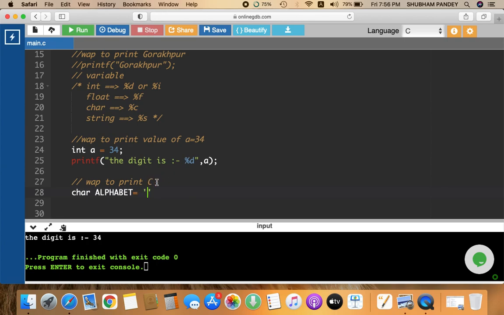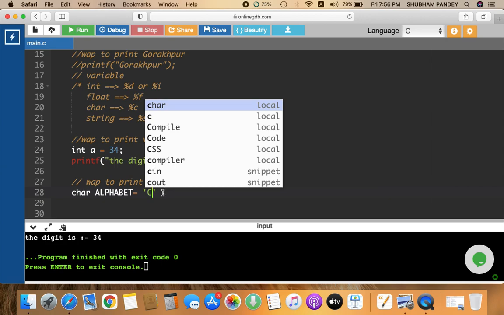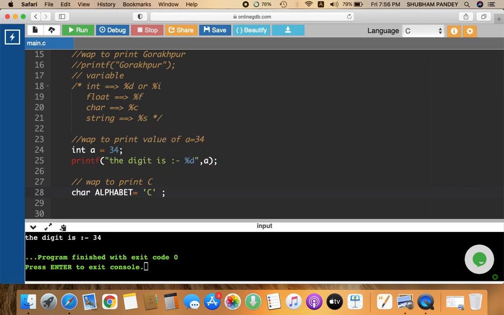I am going to write capital C and then end the line. So the compiler understands there is a character data type whose name is alphabet, and it is going to store the value of capital C.